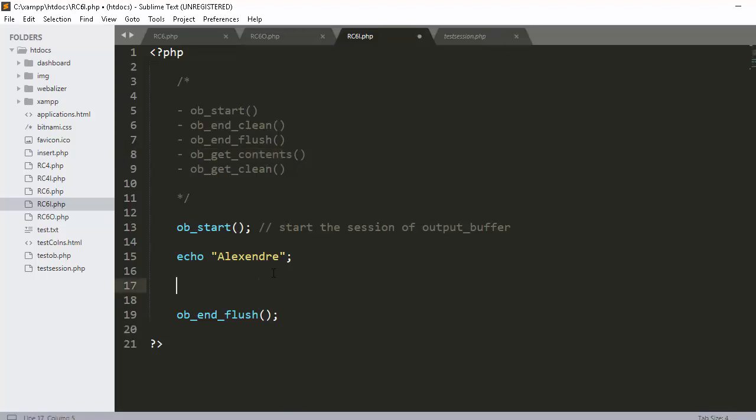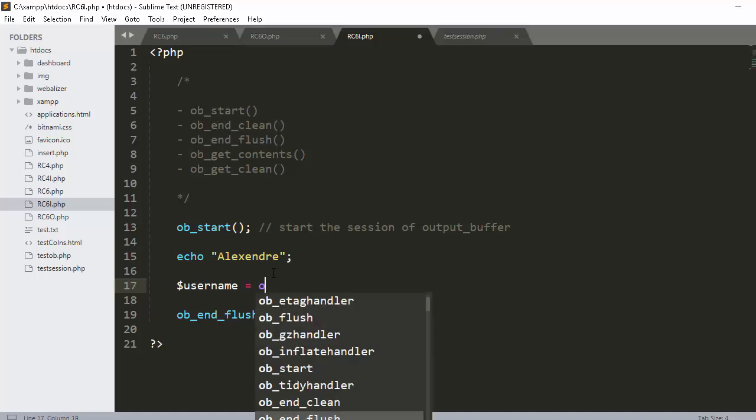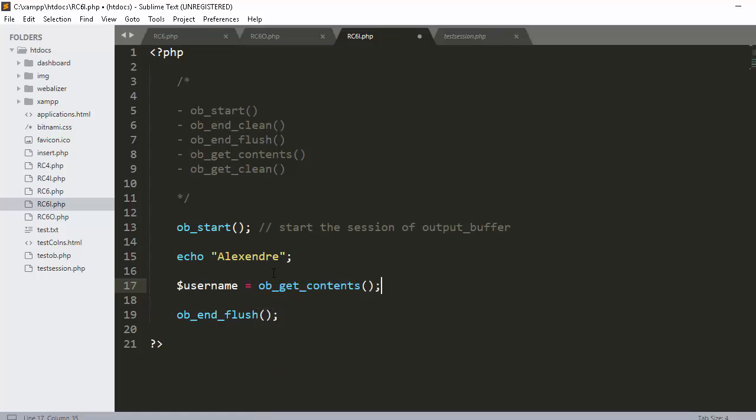Let's create a variable, $username. I will use ob_get_contents, so the content of the output buffering will be in the $username variable. Now I will use ob_end_clean, and let's reload and see the results, and we have